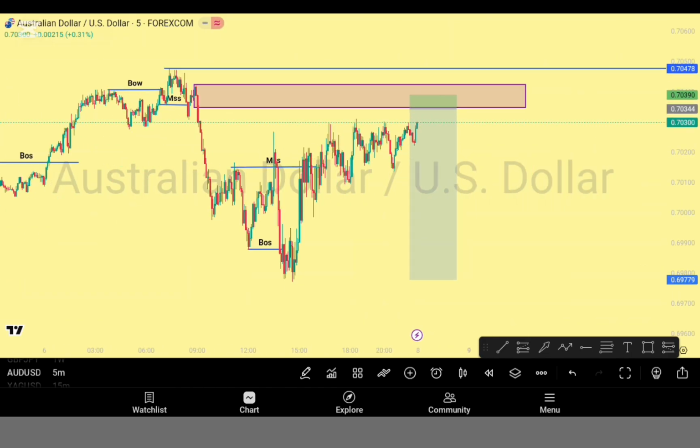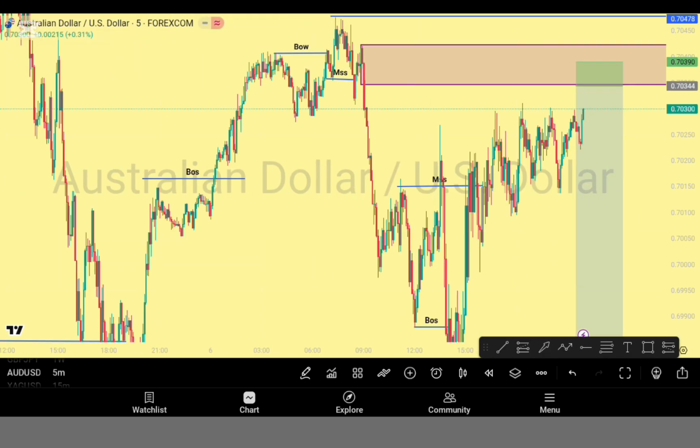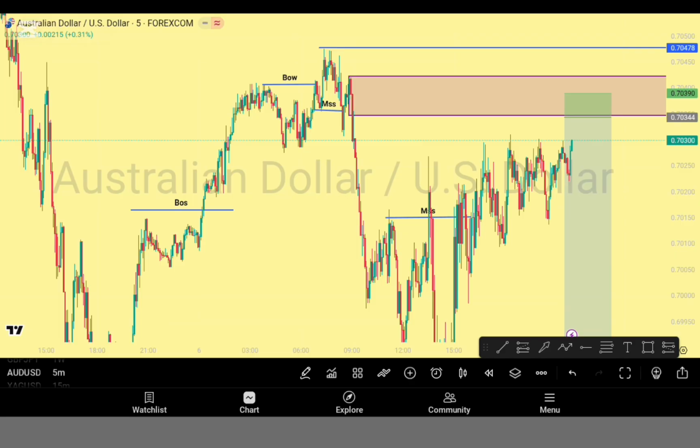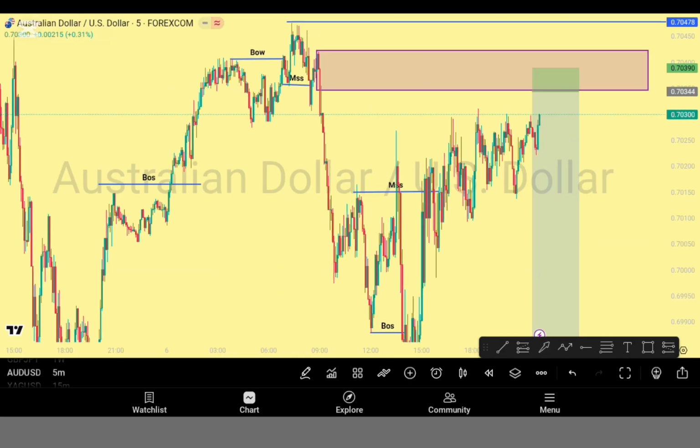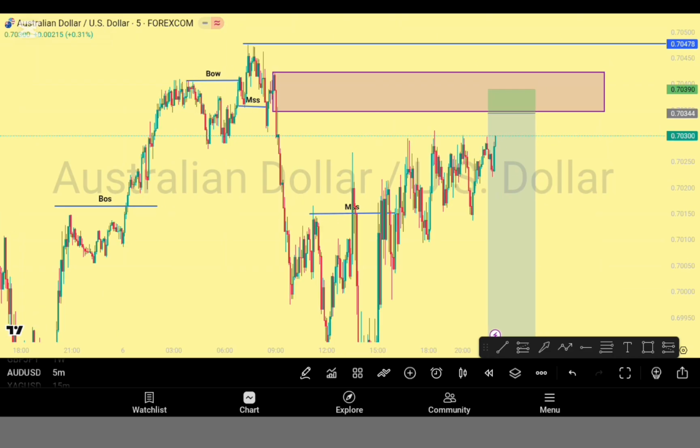So we have this position we're waiting for on US dollar. So this is everything we have. So if you have any corrections, if you have any pair that you want me to analyze, just